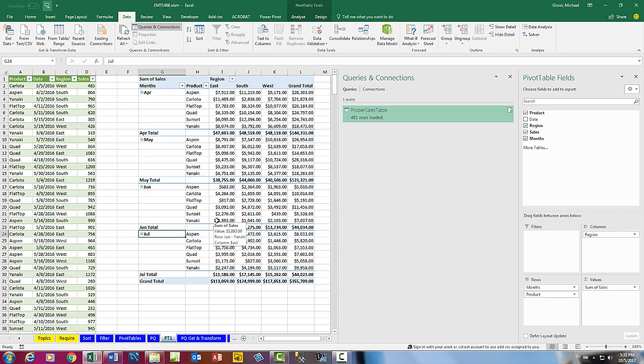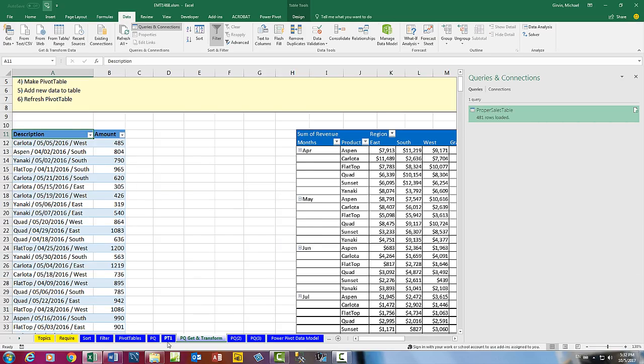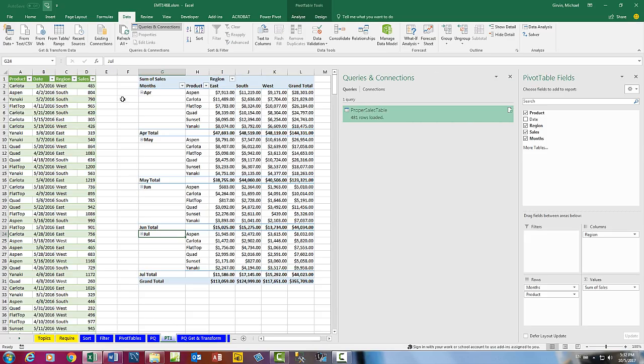So Power Query took that original data, cleaned and transformed it. We created a pivot table. We added new data back over here. And just like that, even though we had to do a two-step refresh, everything's updated. Power Query is amazing. Now let's go look at our next example,